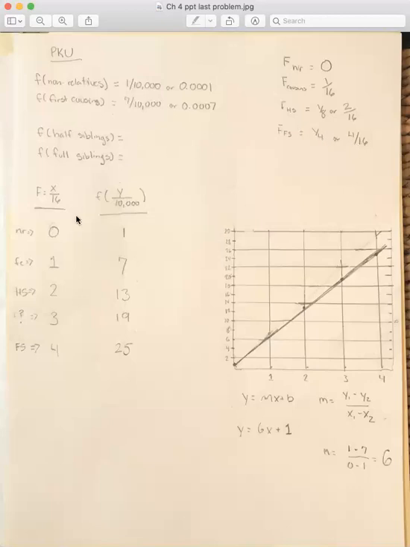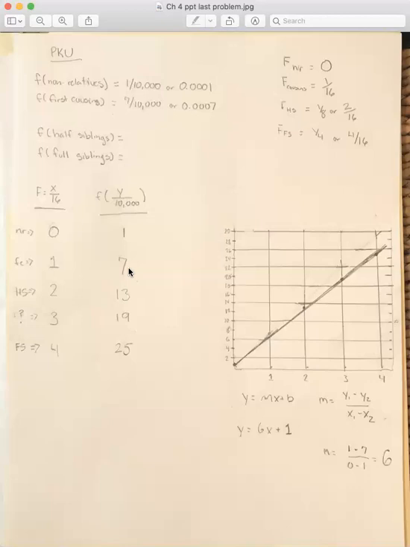And so now we have paired data. So here, just to make it comparable and simplified, in this column we're going to do the inbreeding coefficient, but X is going to be whatever it is over 16. So 0 is 0/16, 1/16 here of first cousin matings, we're just going to have that equal to 1. Also, we're going to put Y as the incidence over 10,000, or the number over 10,000. So here Y is equal to 1 over 10,000, so we just put 1, or 7 over 10,000, and that just equals 7. And so that makes it a lot easier.